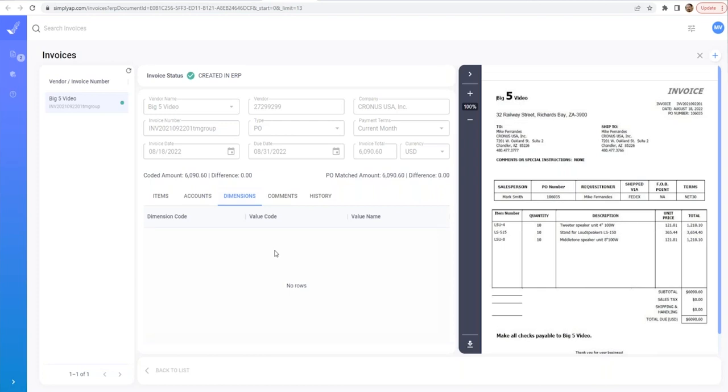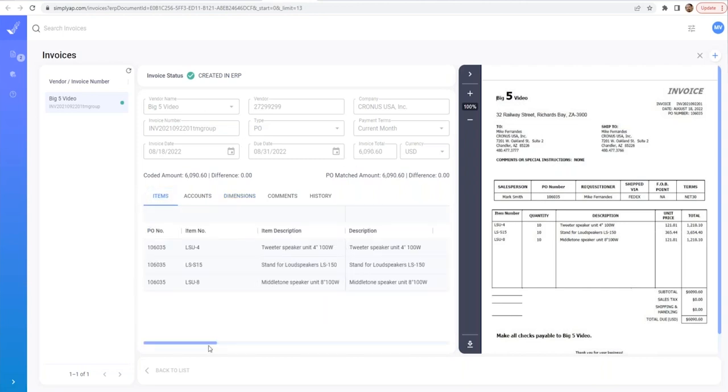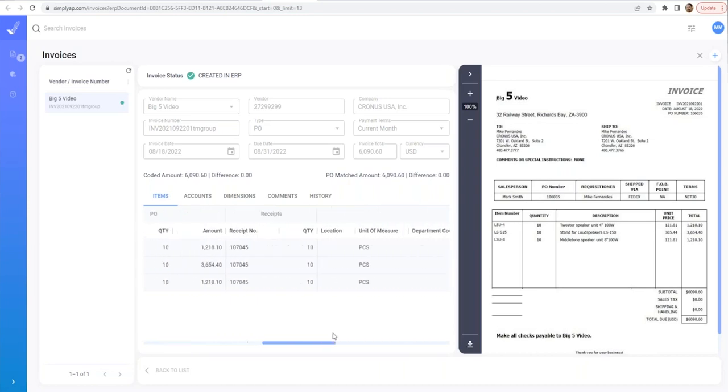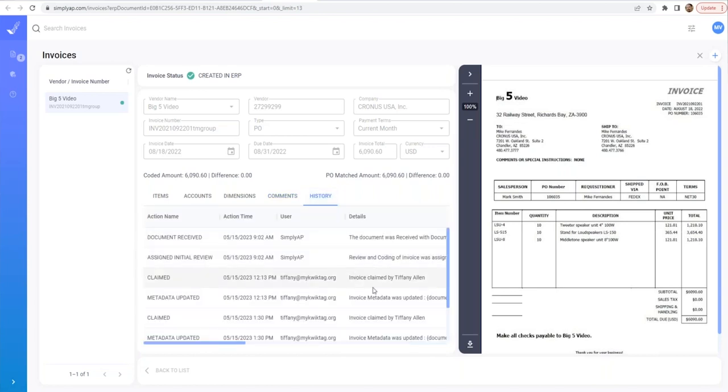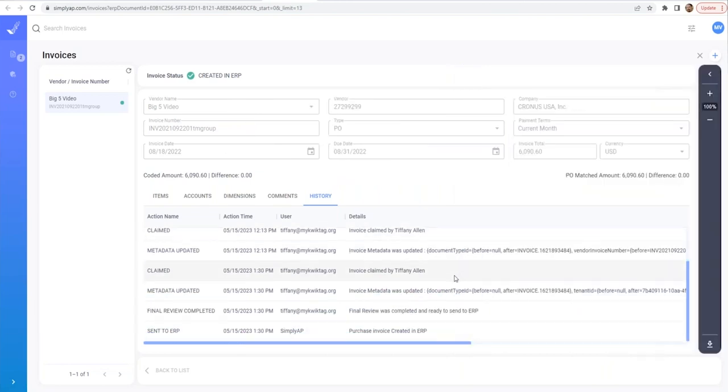We do have full support of dimension codes at not only the vendor invoice level, but also the item level. So if you did want to add dimension coding support against the lines themselves, you can do that as well. And we will pre-populate any configured dimensions as well. Comments, you know, if you had any comments throughout the workflow process, and then arguably the most important part is the history. So if I collapse the invoice, we're going to see in